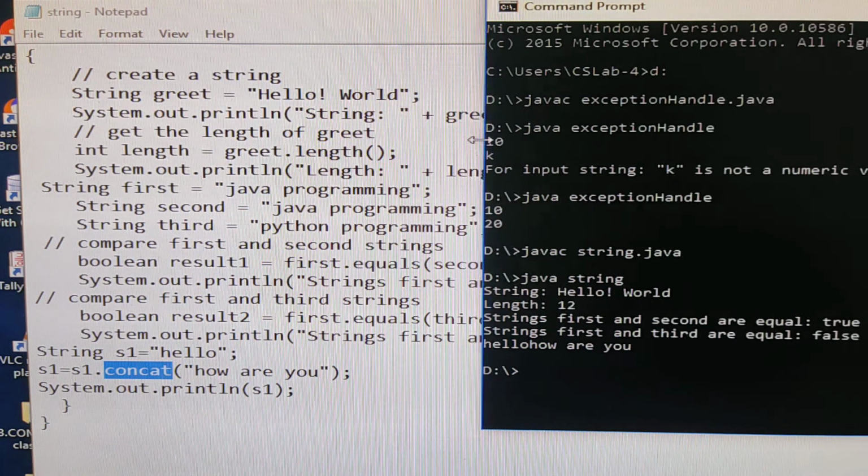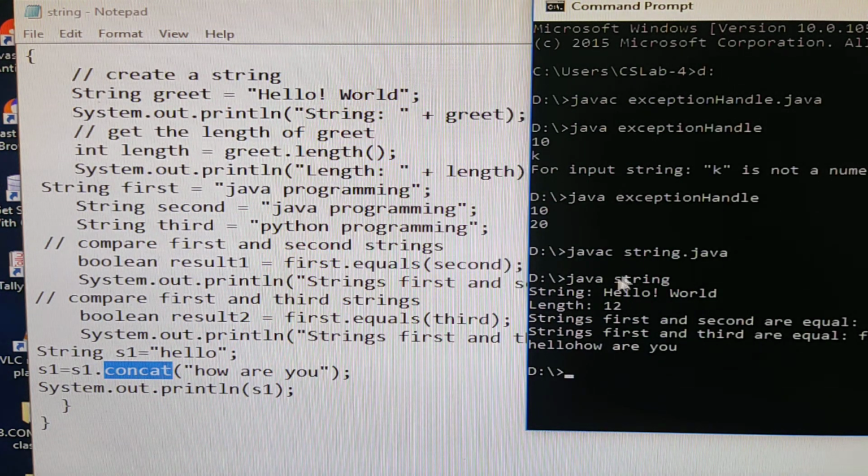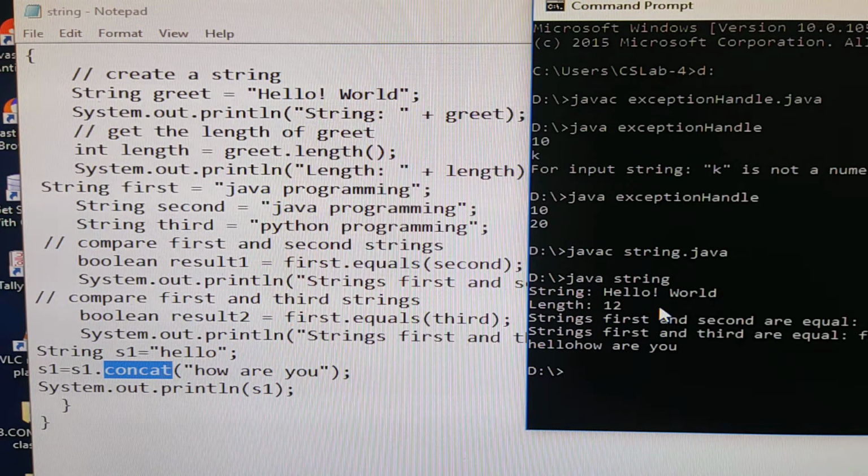What is the first one? Hello world, right? So hello world, and System.out.println, I am just printing that. So the first output is hello world. Now you see the next one, what you are printing next, System.out.println of length. What is the length of that string? See here, hello world: 1, 2, 3, 4, 5, 6, 7, 8, 9, 10, 11, 12. The total 12 characters are there in the string, including the space. So 12 you are getting as the length of the string.